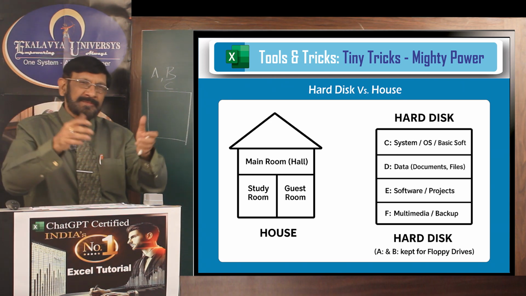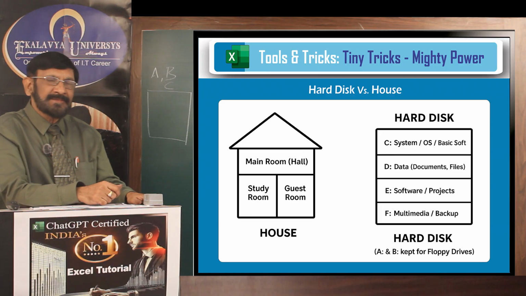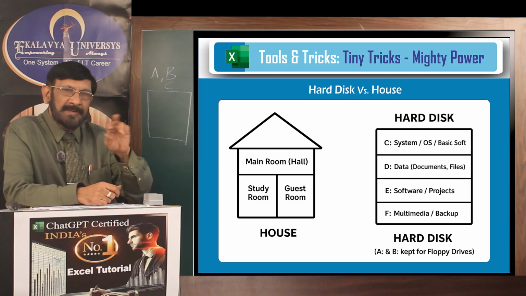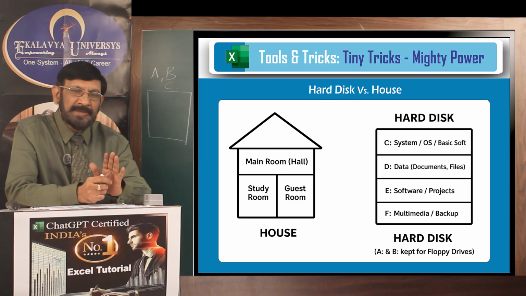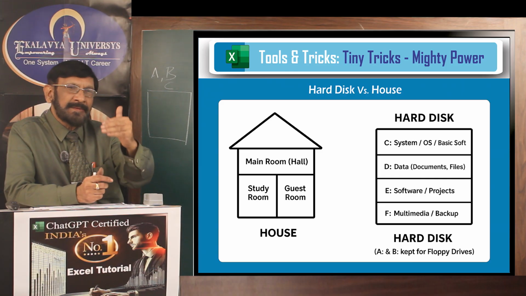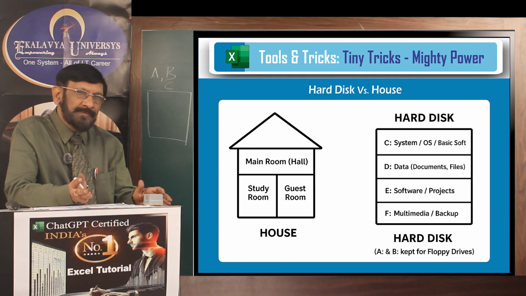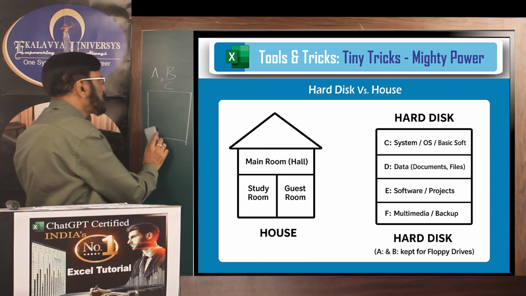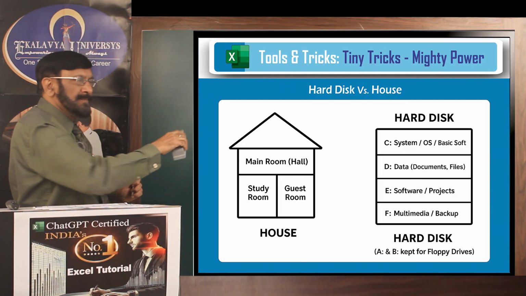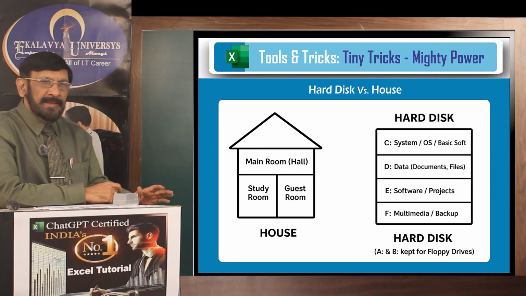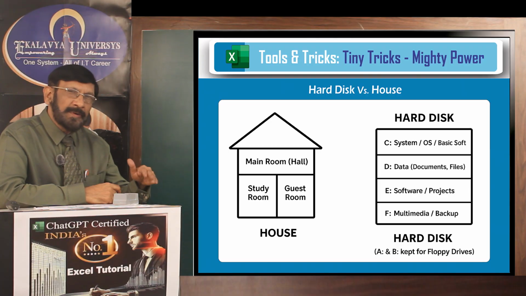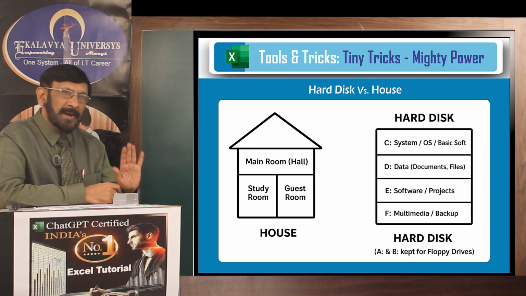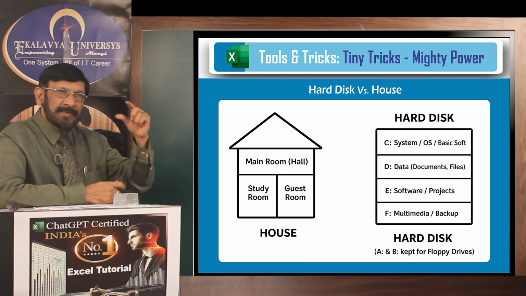How much is the size of your drawing hall? Nobody can decide. You have to decide. So, in that way, why I have given two images here: why you partition your house into different rooms, the same logic is applicable for a hard disk also. But two facts you have to understand: A and B drives are not valid. If you want, you can create A and Windows allows, but not by default. So it starts from C drive.